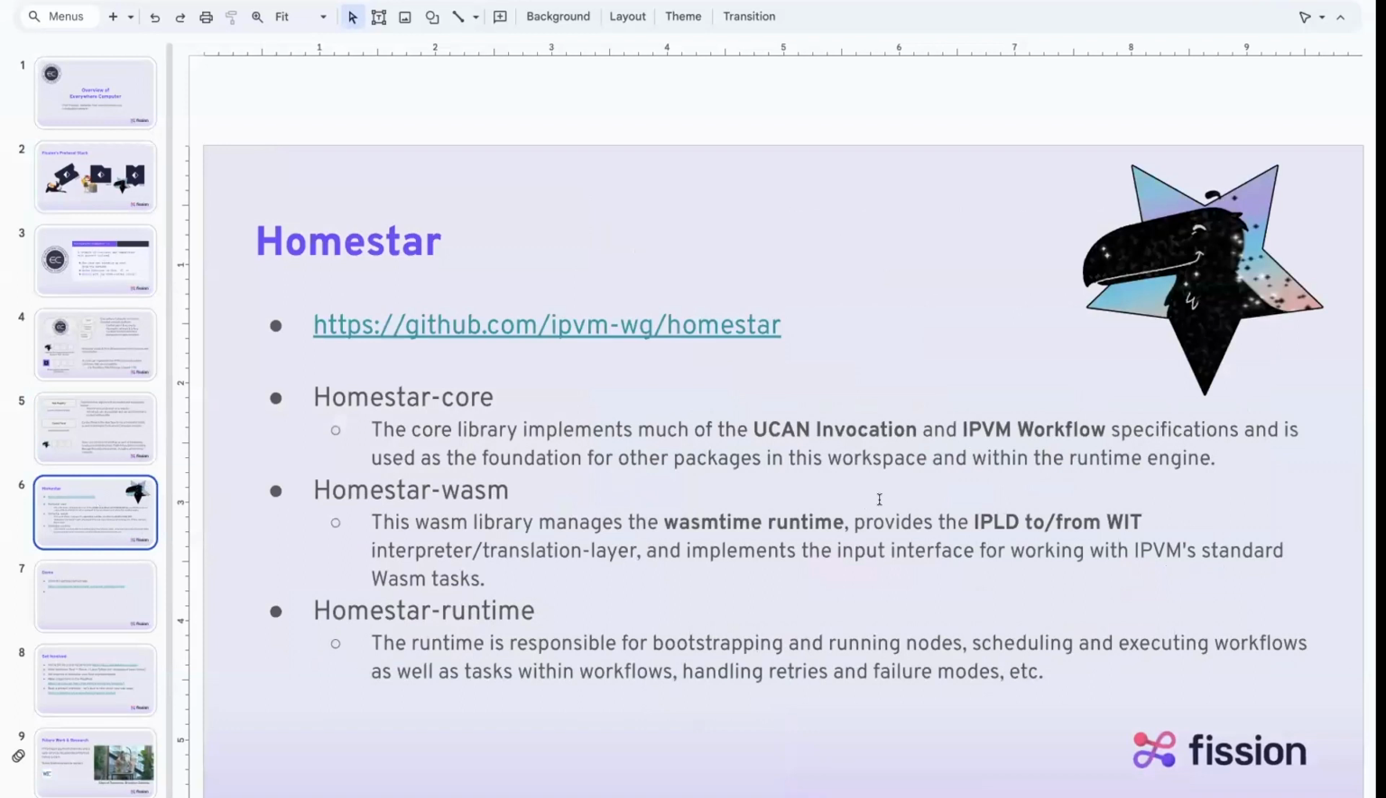Homestar is under active development and written in Rust. We are using the Wasmtime runtime for this, and so have a particular flavor of composing some Wasm functions. We are focusing on deterministic functions. So a lot of this is thinking about caching in the network, and you'll see the concept in the demo,